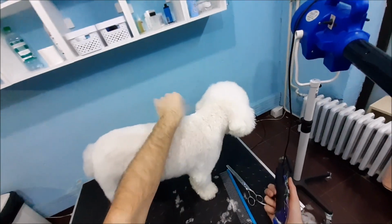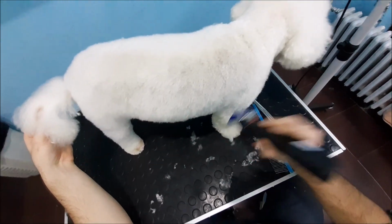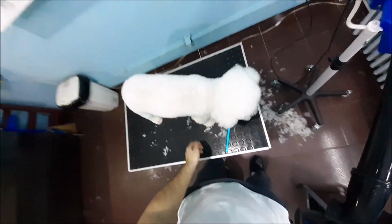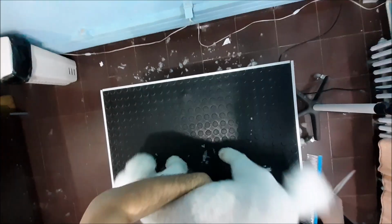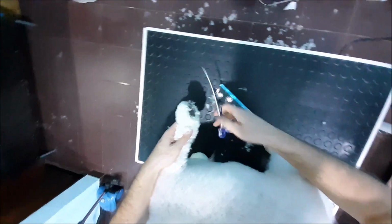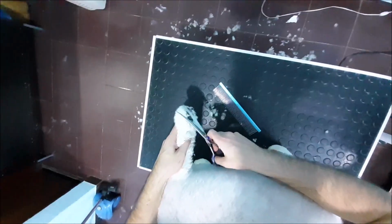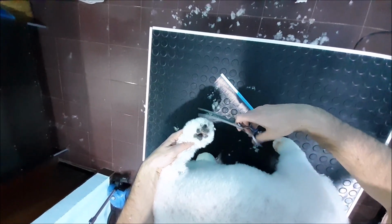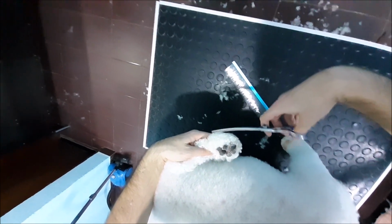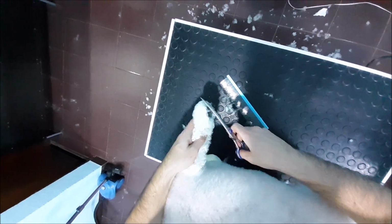You can see it's looking pretty good right now, but it is going to look even better. And I have to be honest, guys, I am not the best groomer in my city, in my country, or wherever. I mean, my grooming is fine, it is good, but you can always do better, and there are better groomers. They have been grooming for 10, 20 years. There are, I have to be honest, better groomers,